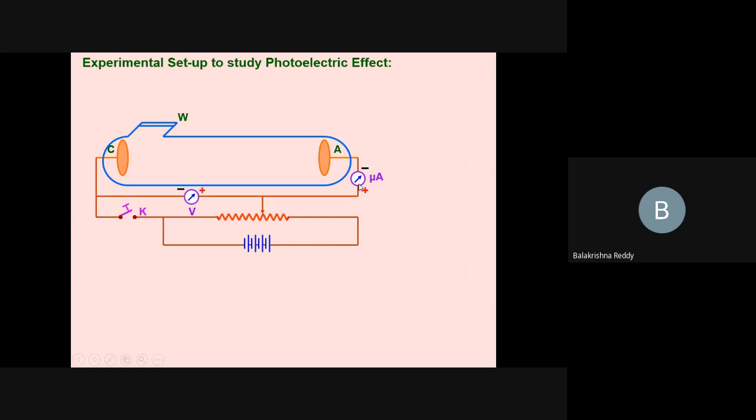Now, here you can see that from cathode to anode, a voltmeter is connected in parallel. And here the resistance is connected as a rheostat, which means it shows the variable resistance. Now we can measure voltage and current also. And the further circuit